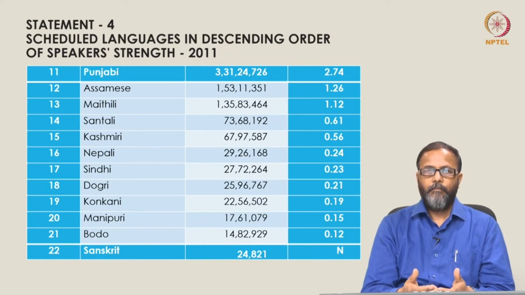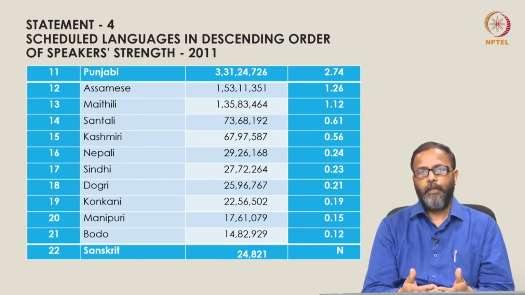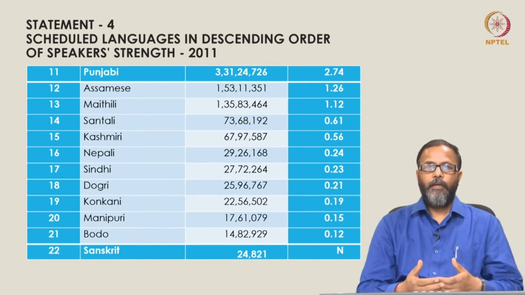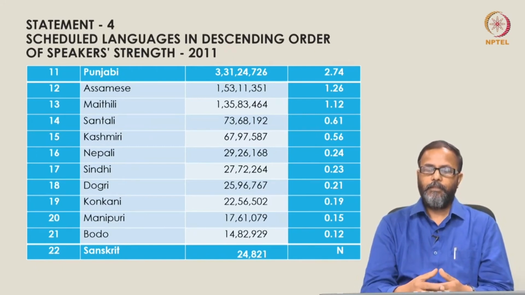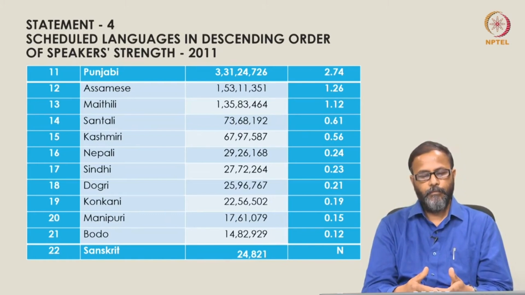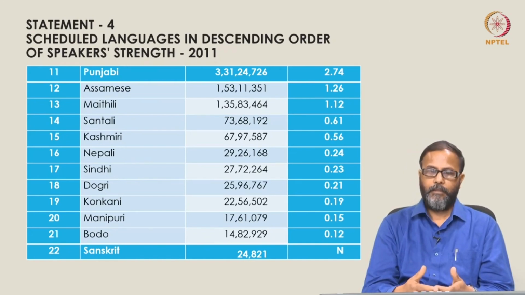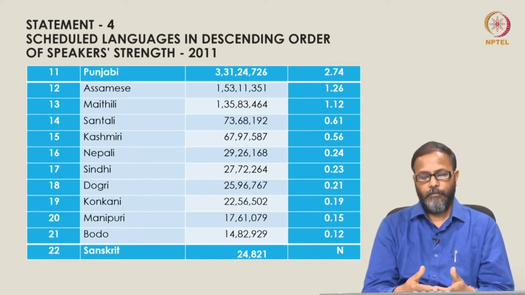Then we have Maithili speakers, 1,35,83,464, and they account for 1.12% of the total population. And then we have lesser numbers of speakers like Santhali 73 lakh 68,192, Kashmiri 67 lakh 97,587, Nepali 29 lakh 26,168, Sindhi 27 lakh 72,264, Dogri 25 lakh 96,767,